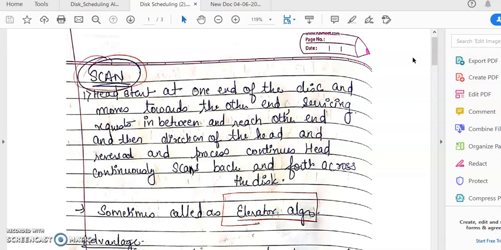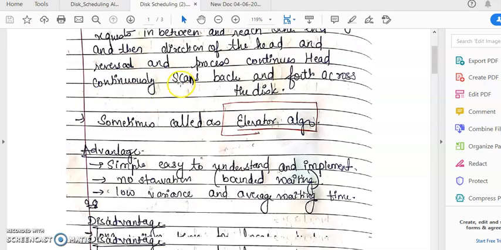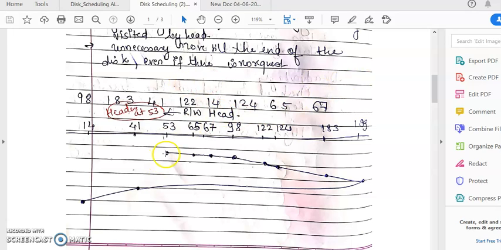Just because it is an analogy of an elevator. If you are at the ground floor and I press all the buttons of the lift, and I want to reach the 11th floor and press the 11th floor button, it is going to serve all the requests in between till I reach the 11th floor. Same over here, I have to attend all the IO requests till I get to the end.